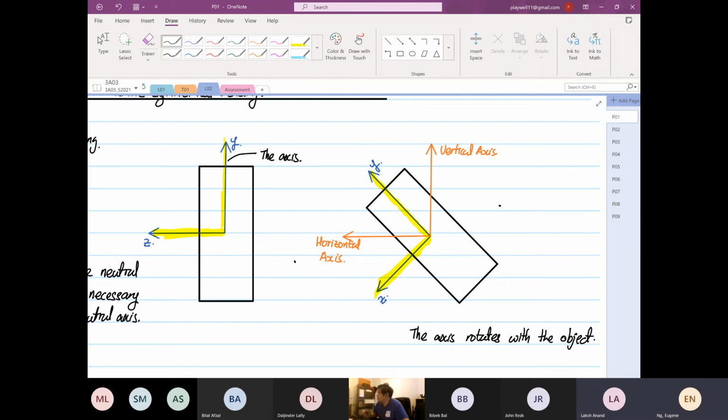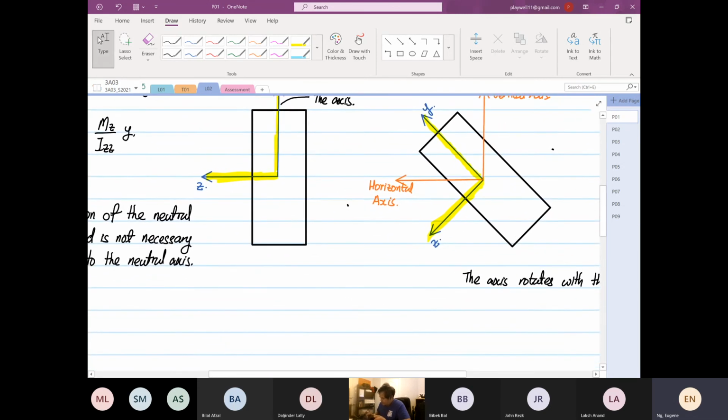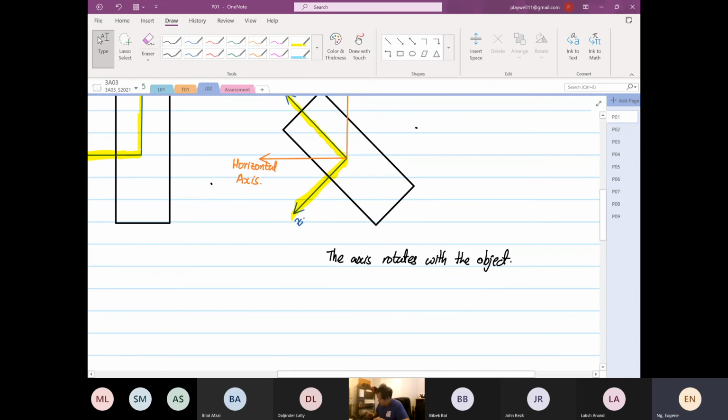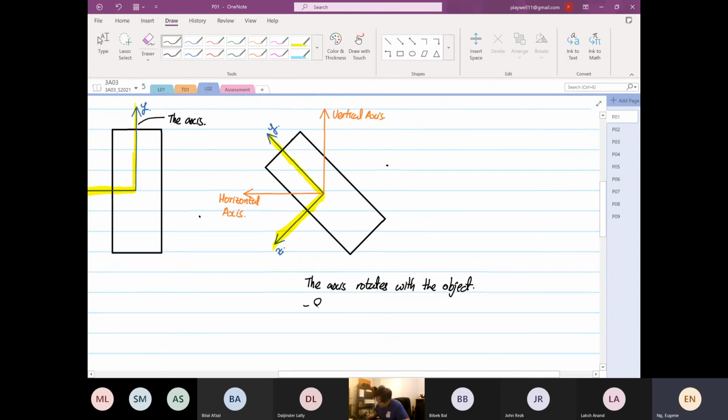No? Yeah. Because the forces applied are still on the same axis. Not necessarily true, but you're partly right. Okay. Why? Okay, because the axis rotate with the object is to simplify. Okay, wrong spelling. Simplify